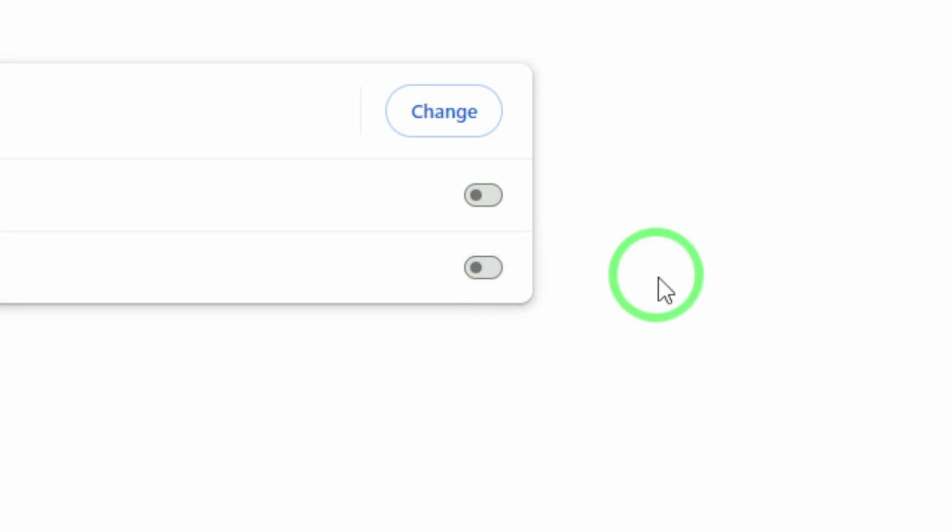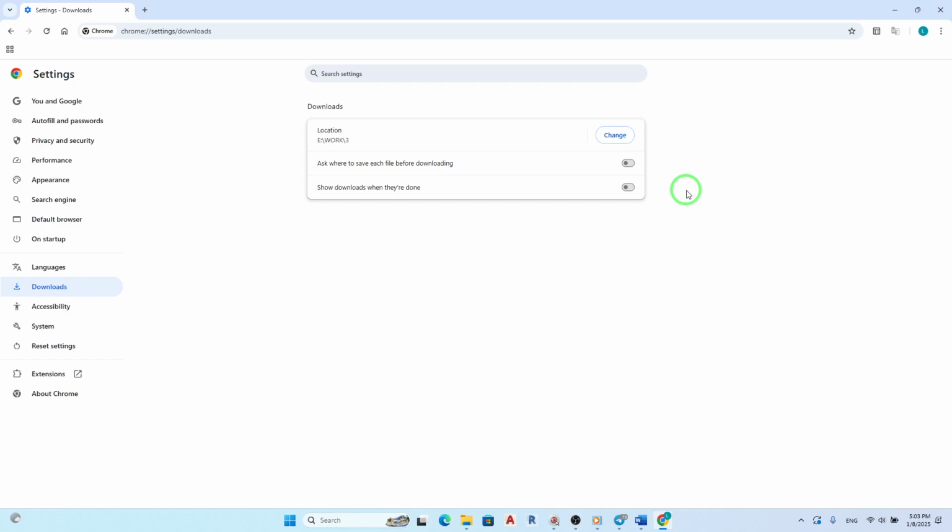By following these straightforward steps, you have successfully disabled Chrome from automatically opening downloaded files. This change gives you more control over what happens after a file is downloaded, allowing you to choose when and